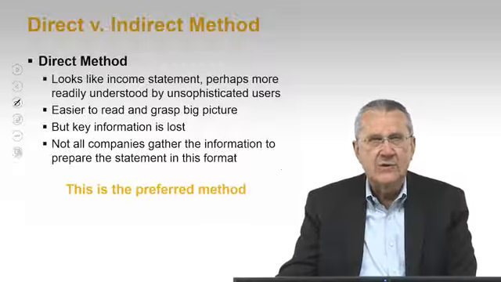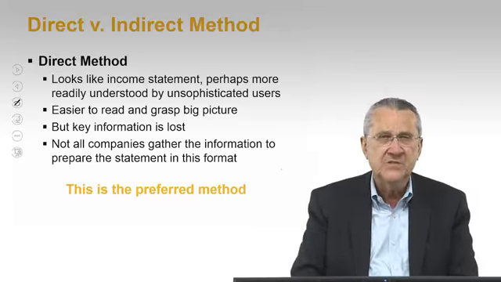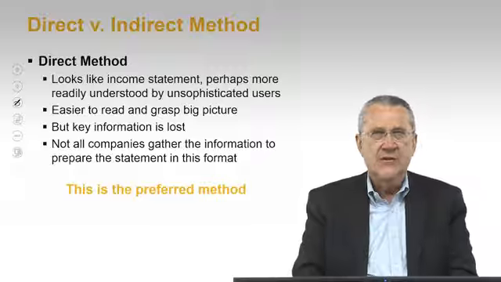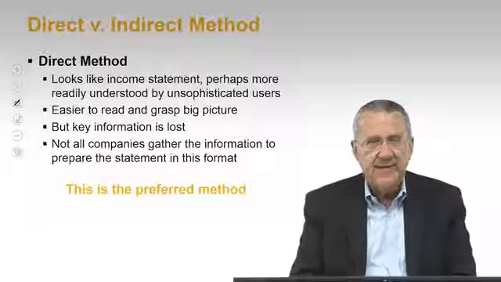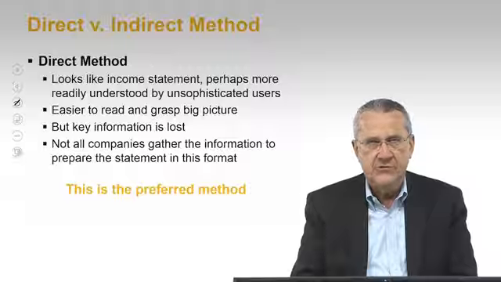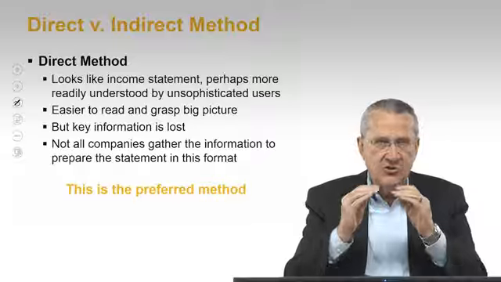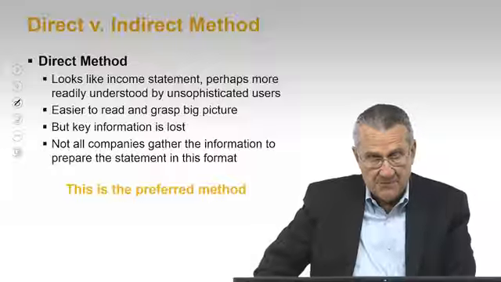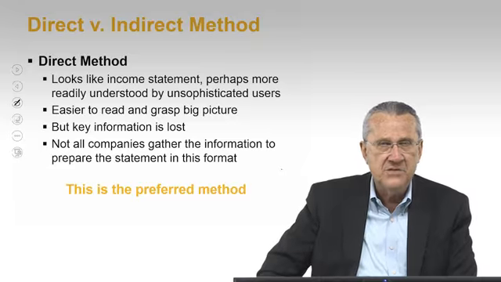The direct method looks like an income statement, and because it's pretty straightforward, people who know income statements are pretty comfortable with this kind of format. It's much more readily understood by unsophisticated financial statement users. Easier to read, I think easier to grasp the big picture. But we lose some key information. We're going to combine a lot of accounts and a lot of data in each of those lines that we involve ourselves with. And perhaps most importantly, not all companies gather the information necessary to prepare the statement of cash